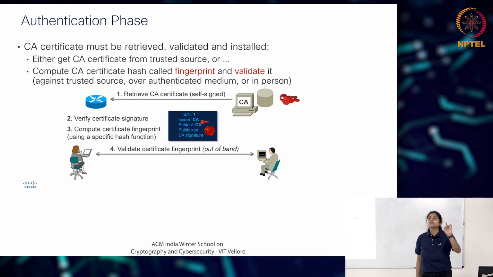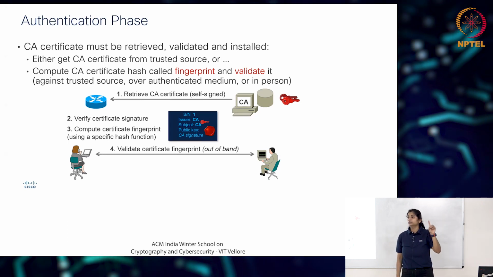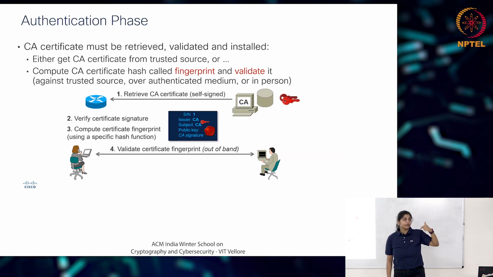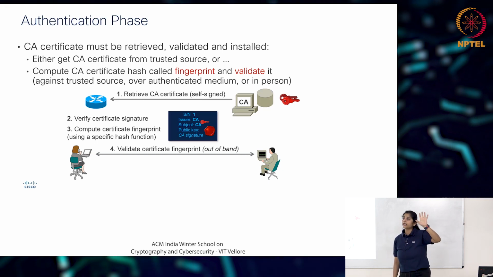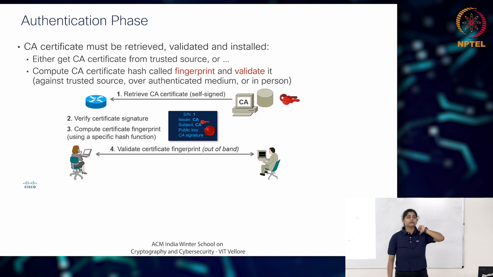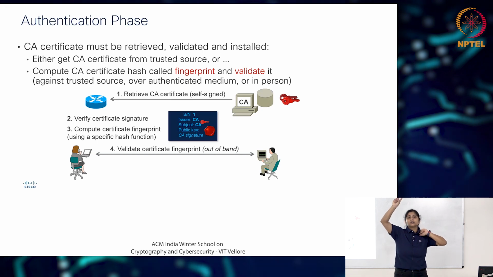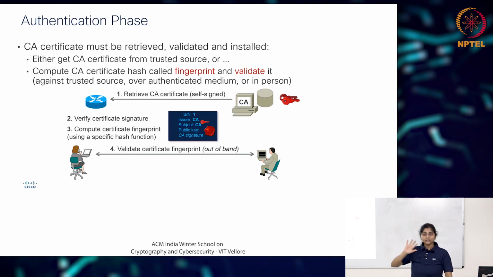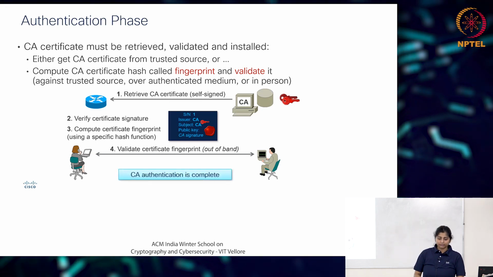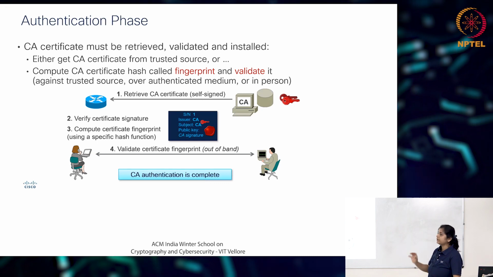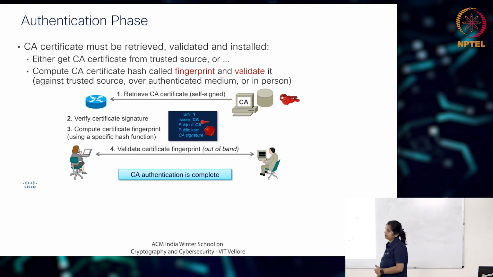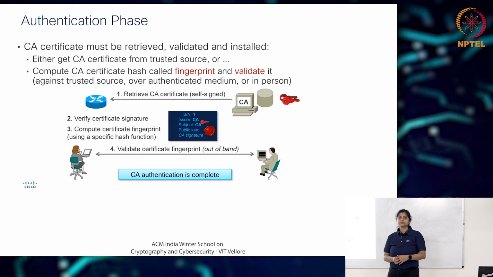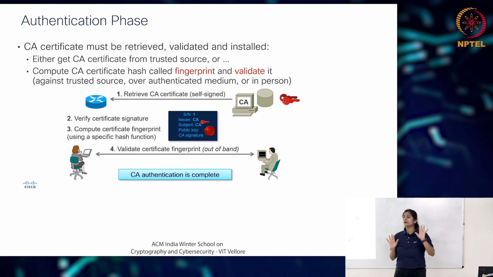At this point, this is not our certificate we are installing. Remember, we are trying to get the CA certificate. That is the first step. Okay, not to be confused with your certificate. Because we first have to establish the common CA who will issue certificates to all the parties. Okay, clear? Okay, so you get the CA certificate, fine. Now I have CA's public key. Do I have CA's private key? No, right? I hope that's clear at this point.